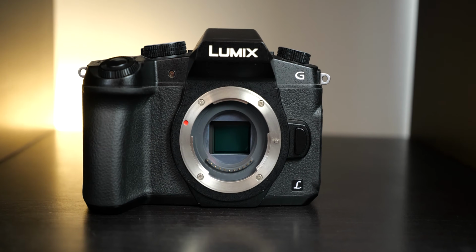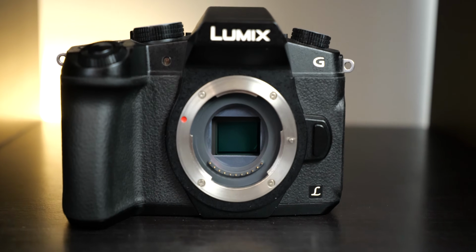Well, let's talk about the capacity of this camera for photography and video, and we're going to start with photography. The Lumix G85 has a 16-megapixel sensor, which sounds small, but actually it makes this camera very good for video. And let me tell you that the myth that more megapixels is better than fewer megapixels is a total lie. I will leave you a video here where I explain everything about megapixels,